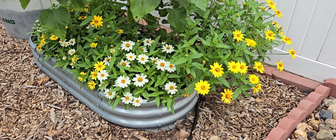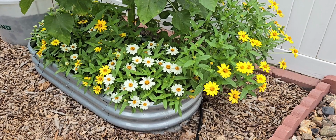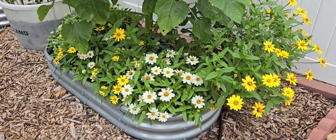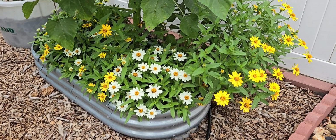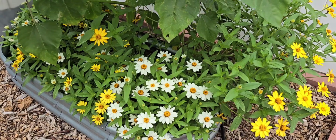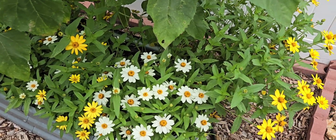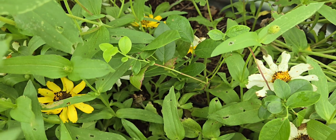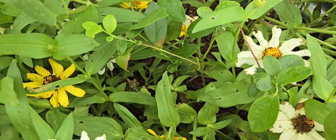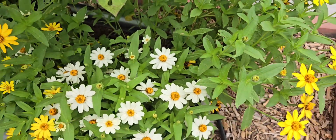This is the blueberry bed that I really thought was going to kill my blueberries, but the zinnias have shaded the blueberries, so the blueberries have done very, very well in here with them. Let me see if I can go through it and show you the blueberries. Right there, folks, is the blueberry shrub, and it's doing very well. I really thought it died, but I guess it maybe just needed some shade and some help from the zinnias